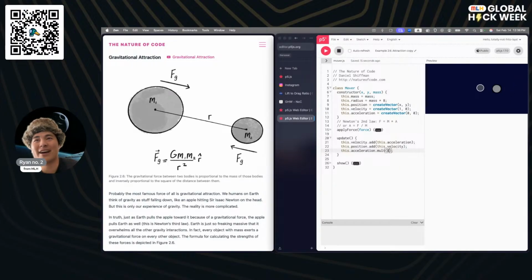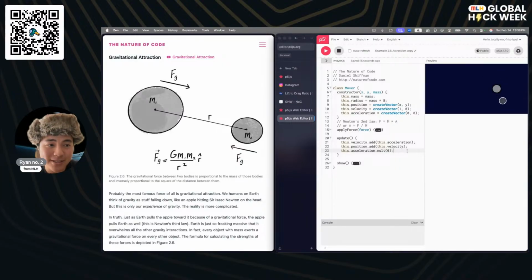So the reason why we have this is, well, actually, let's just see what happens if we get rid of it. You can see that it just kind of yeeted out of here. It's like, nope, I see something that I don't like, and so I will leave. So the reason why we need to do that is because of the way that forces work: acceleration is not necessarily something that's always constant.